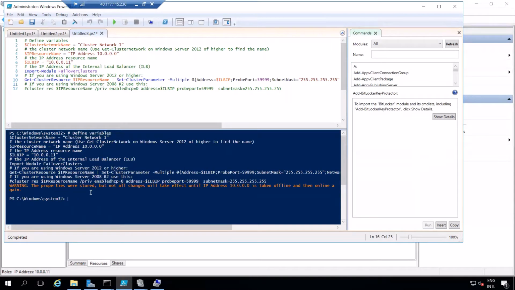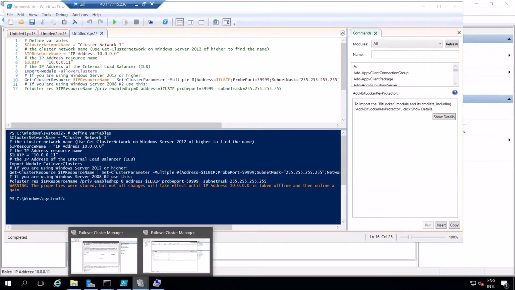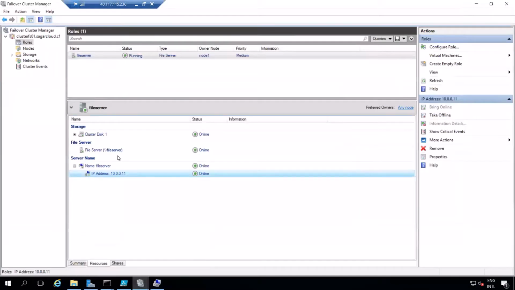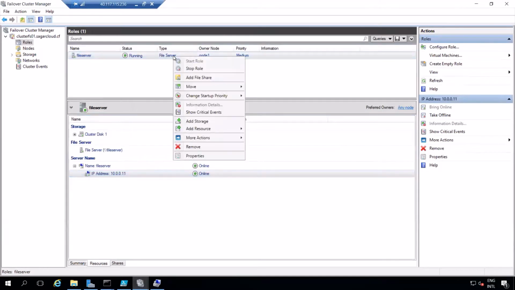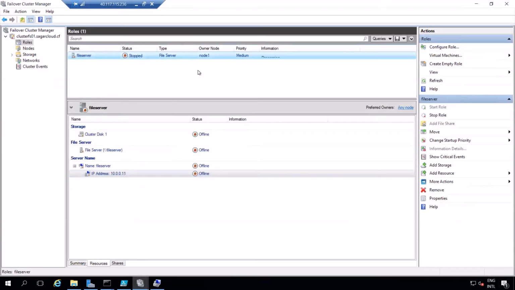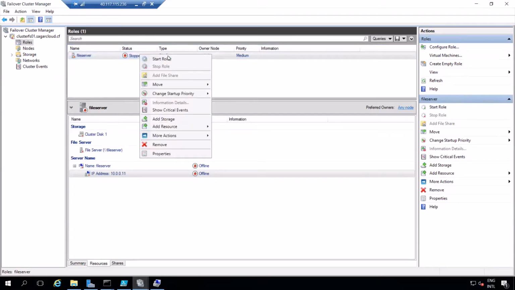At last, there's a warning that you need to start and stop your file server role. Let me do that. Let me click on this. Let me stop. Let me start.